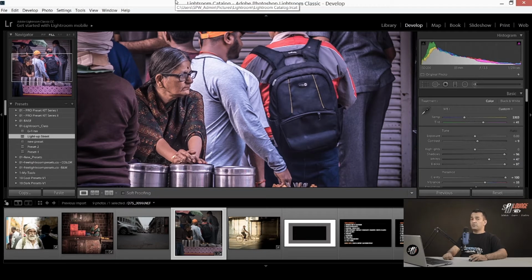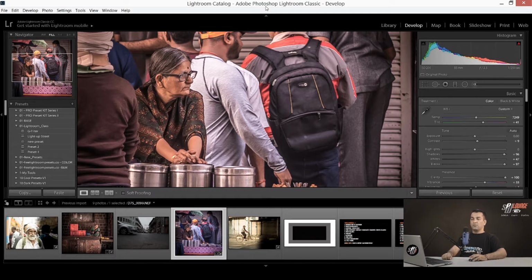So I applied the same preset, but I got different results. Because that image was completely dark, and this image was not that dark as compared to that, and the contrast was also, we can say, not matching the image. Temperature is also not looking very ideal. So what I can do, I can just try to fix the temperature here. It's looking more cooler, so I'll make it look more warm and natural for this. So this looks much better.